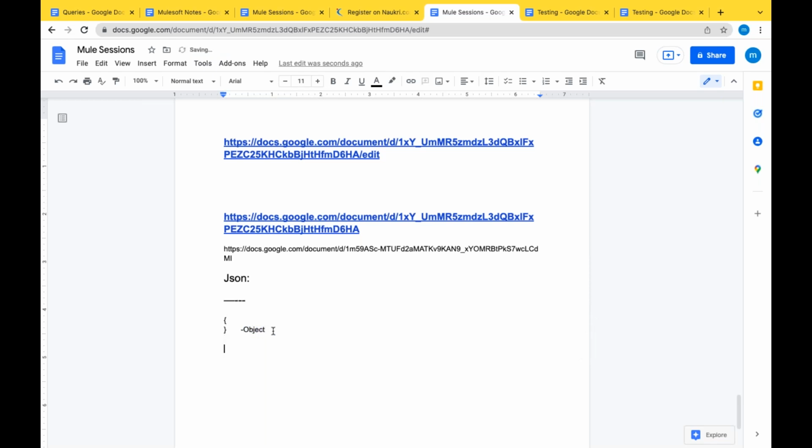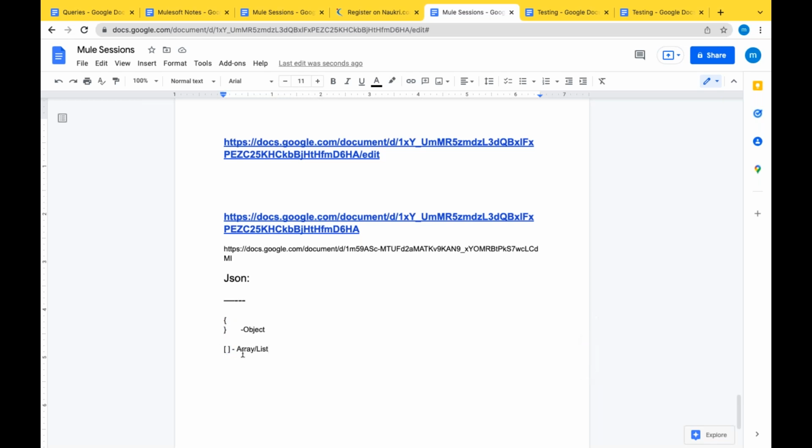Not only that, most of the time you have seen square braces used for an array or list, correct? So this is the JSON format. The input of an API can be an object or a list. The output of an API can be a JSON that is an object, or a list.